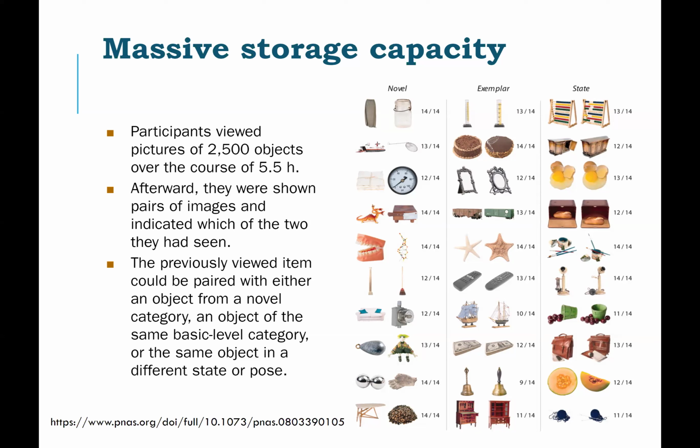You could put them in 3 different scenarios. Pair this object with something that is in a category that they never studied. This should be easier. Pair them with another object from the same category that they never studied, so that it's more difficult. Or pair them with the same object, but in a different state, and see if they can tell you that this was the one that they saw. Does that make sense? These are 3 different stages of how good their memory could be.